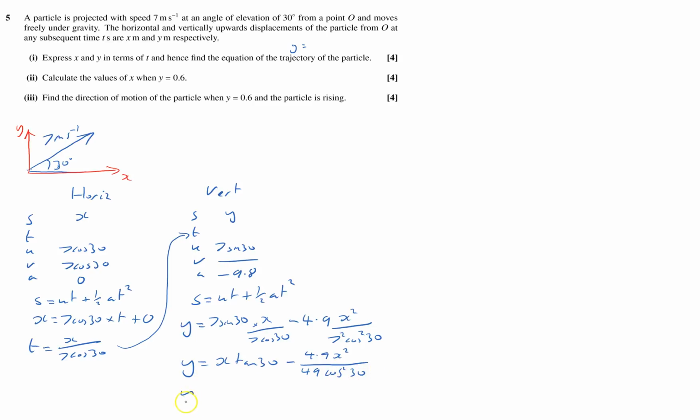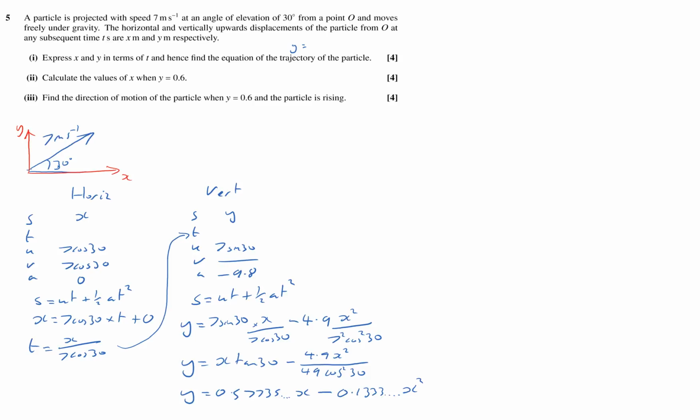Well, I can work those out as numbers. That'll give me y equals 0.57735 x minus 0.1333 x squared. So I've got x in terms of t, and y is also in terms of t,